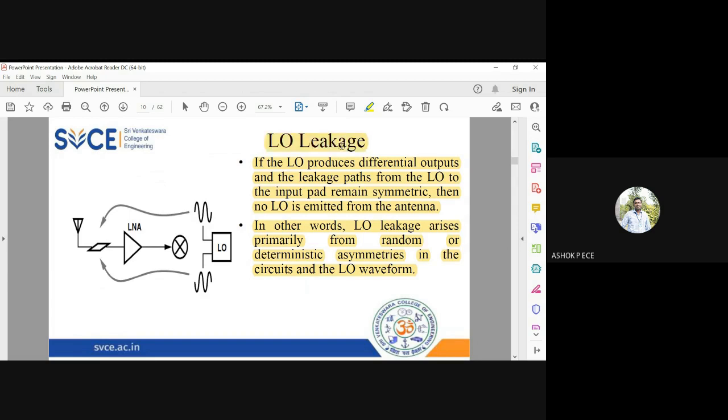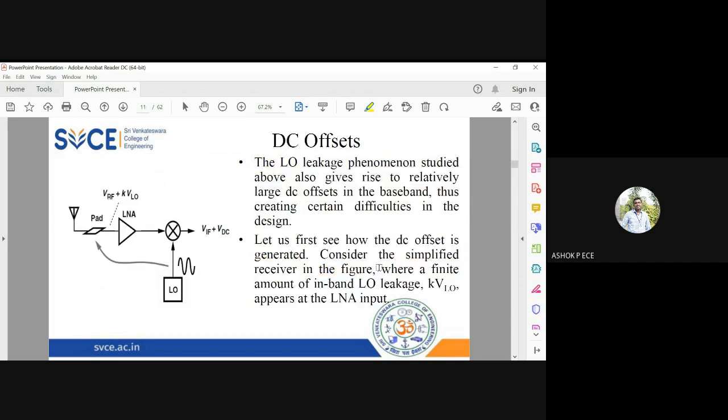It cannot be eliminated. They say that if you can cancel out the LO in different paths, then the antenna is not going to emit the LO waveform. If you can ensure that the separate paths are going to be out of phase, then cancellation will produce zero LO leakage. But this LO leakage, they primarily say, is arising from asymmetries in the circuits or in the waveform of your LO. So you can never completely eliminate